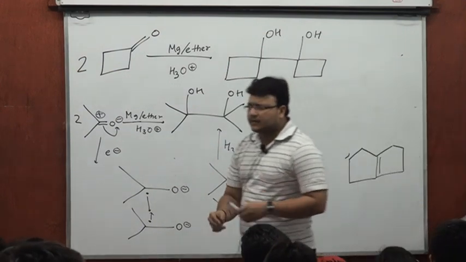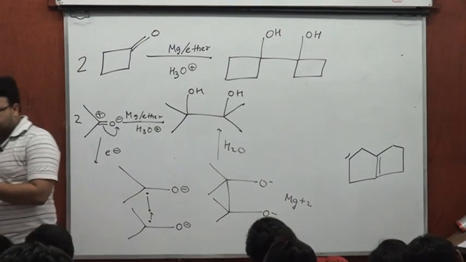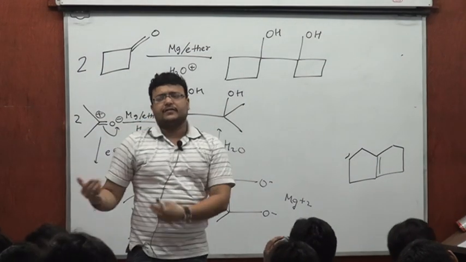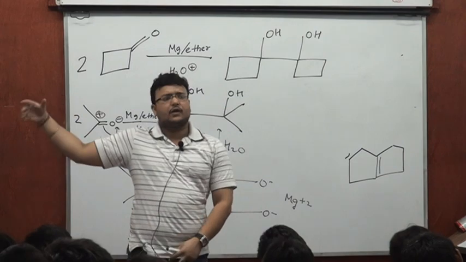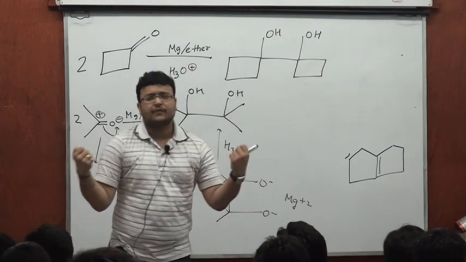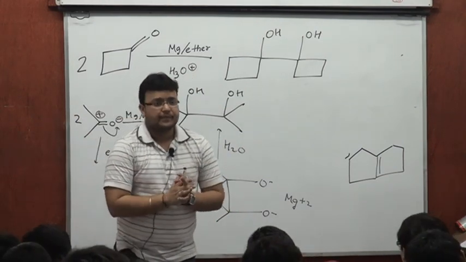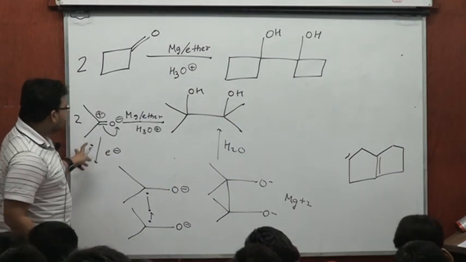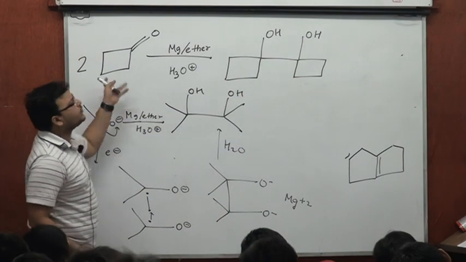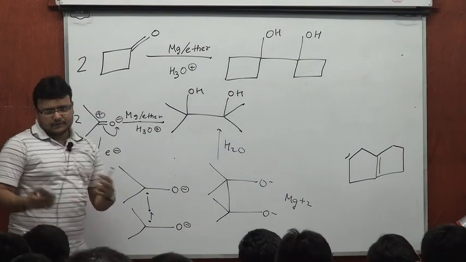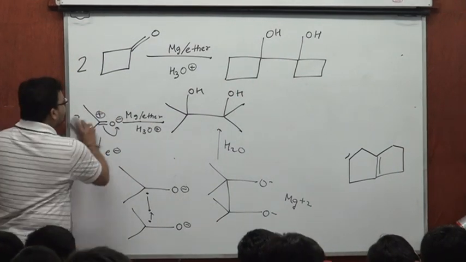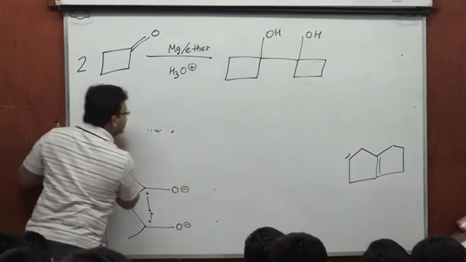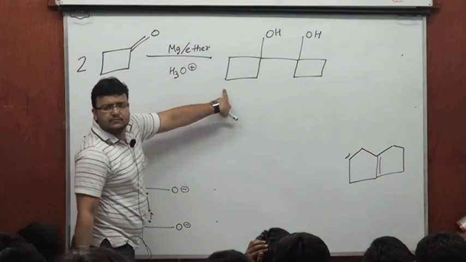So many times the reactants or the reagents chosen would be very specific. So you need to have a recall value of these reagents. When you see magnesium, ether, hydrolysis with an aldehyde or ketone, you'll think of forming a diol. We can move on. Now if it's understood in this case, it's certainly understood in this case, where cycloketones are behaving like acyclic ketones. Now I can do pinacolone on this.